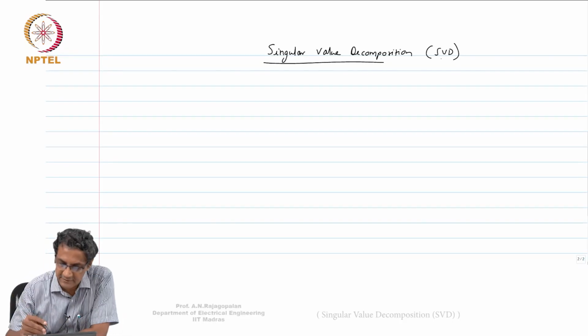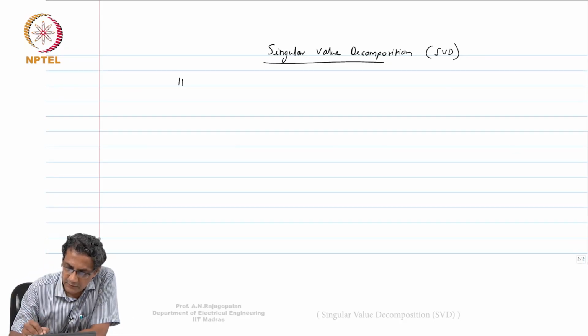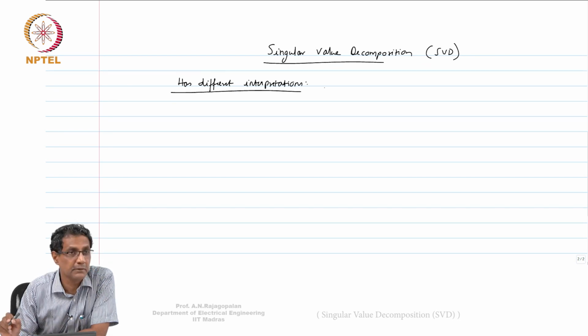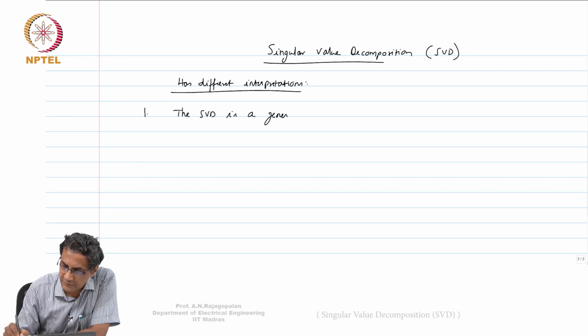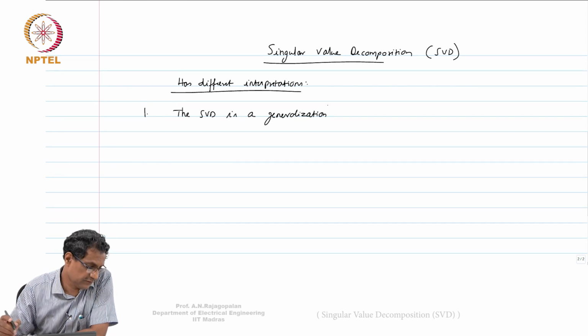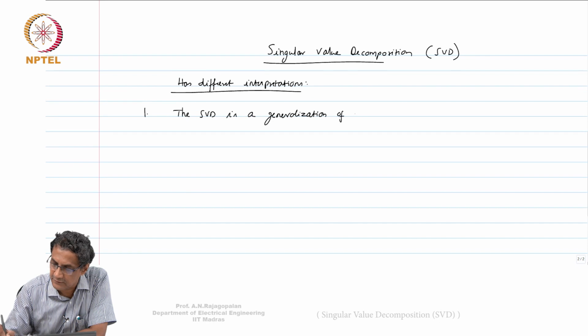Now the SVD has various interpretations. I am going to write 3 of them here, and depending upon what you are dealing with, you would interpret it accordingly. One, the SVD is actually a generalization of the idea of diagonalization, of the notion of diagonalization